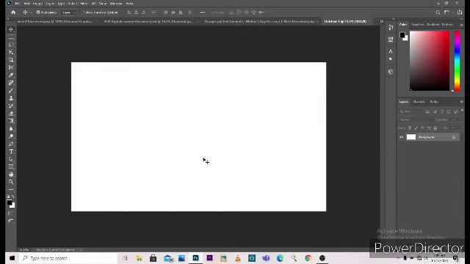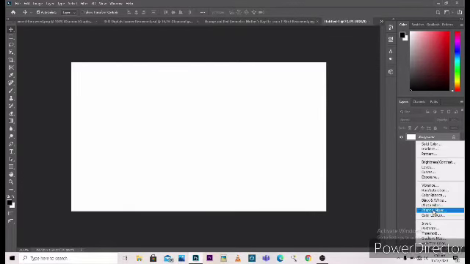Now I also advise you to always make your layer your best friend, because your layer determines everything you do. Everything you do is controlled by the layer. So we'll come over here, make a solid color, because we already selected the background.